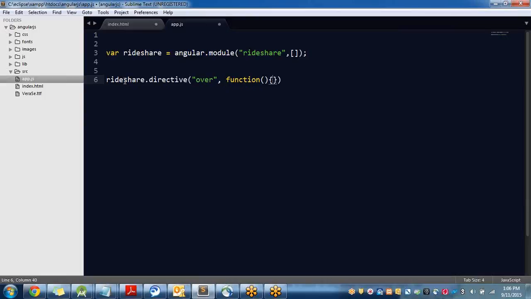I will specify this function here. So what this directive is returning, return function. This function has scope and element there, so I can access the element on which I'm going to apply this. You can also specify attributes,